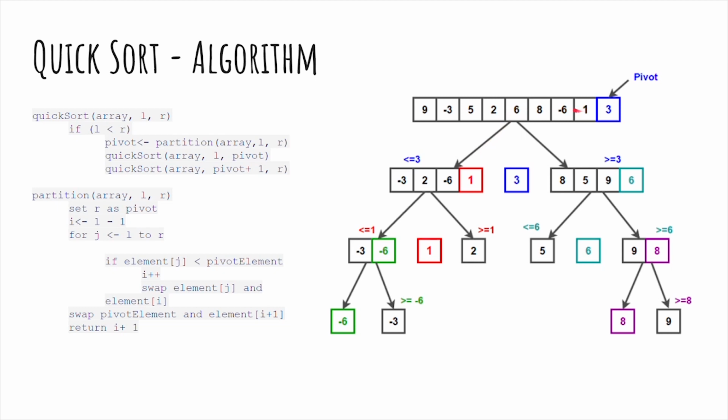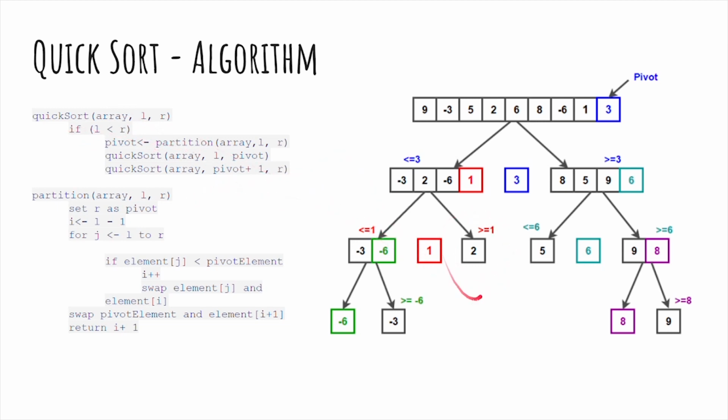Now we have to place this pivot element in between these two subarrays which are created. To do that, what we do is swap pivot element with I plus 1. Now I said I keeps track of the elements which are smaller than the pivot, so I plus 1 will be the element which is greater than all the smaller elements, which will be the pivot element. So pivot element will come in between these two subparts using this line of code, and we will return this I plus 1, which is the pivot element's index, to quicksort, and the process will go on.